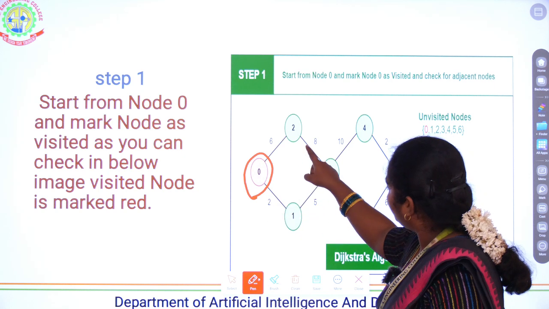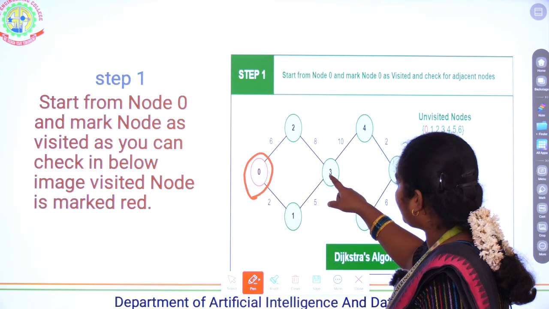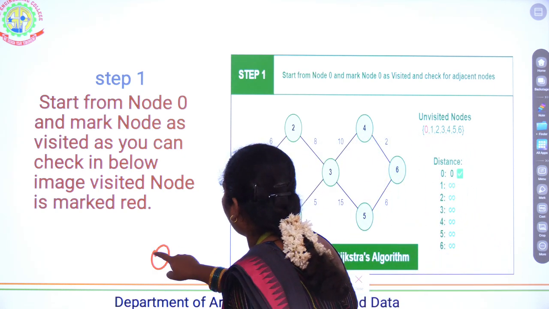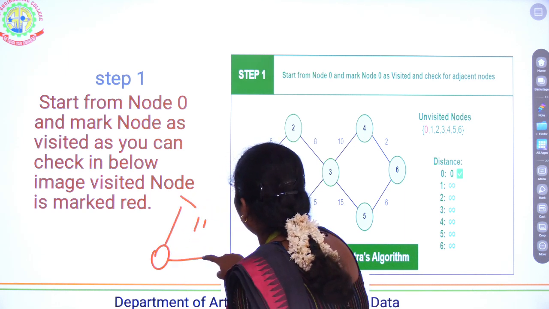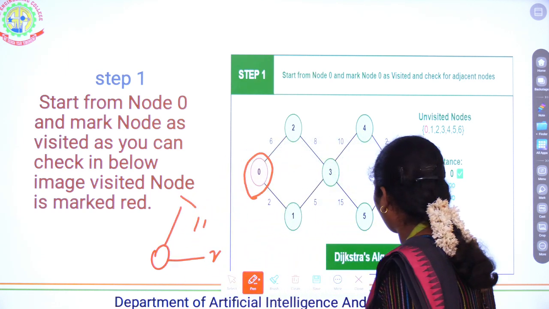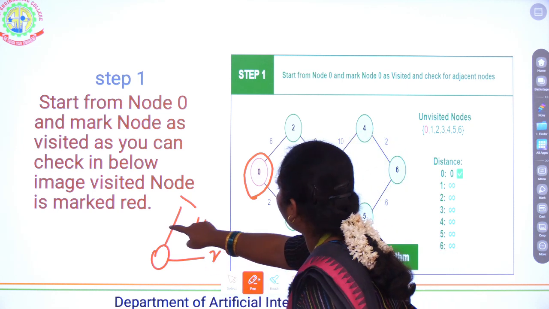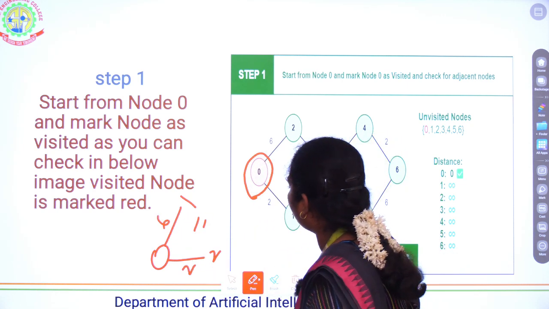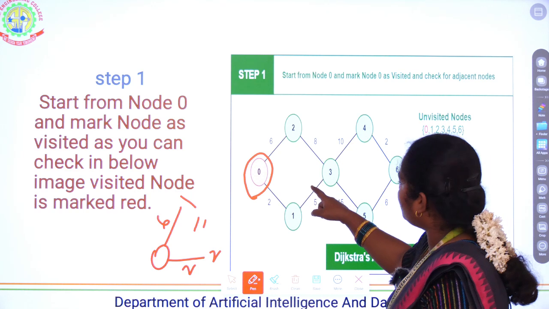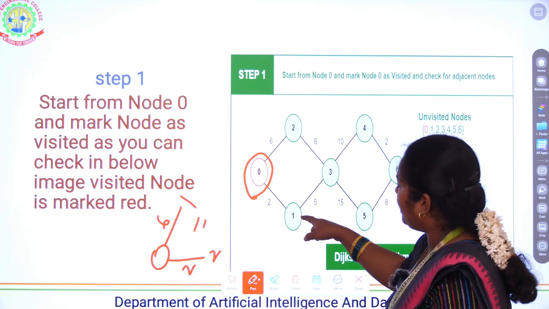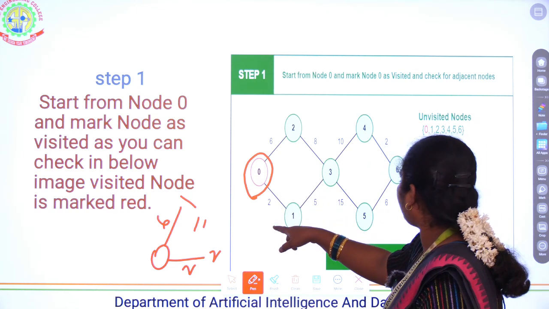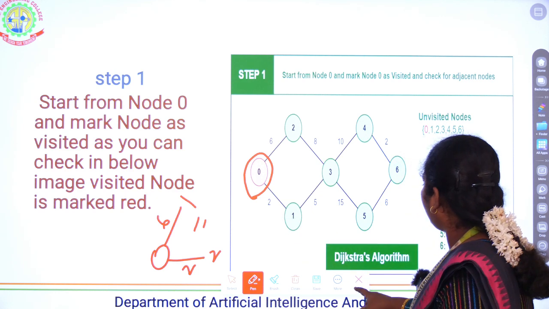From 0 to 2 and 0 to 1, the graph is connected, like 0, 1 and 0, 2. So we are going to find the shortest distance between these. Among these two nodes, we can tell that 0 to 1 is the shortest distance. So next step,